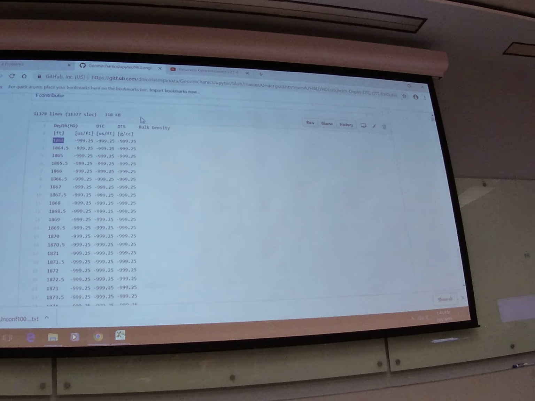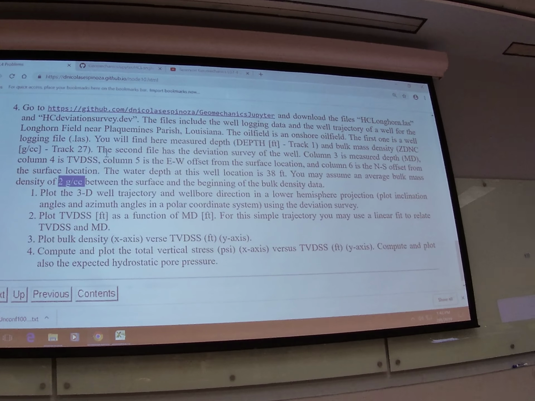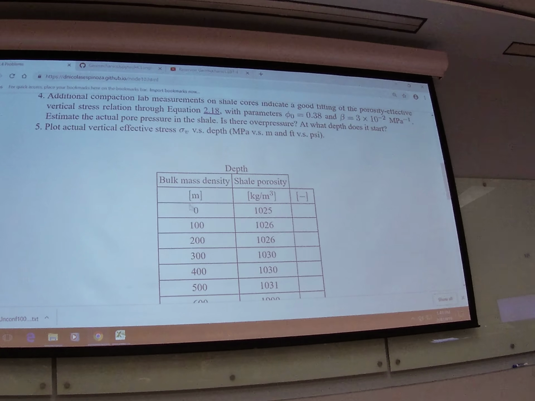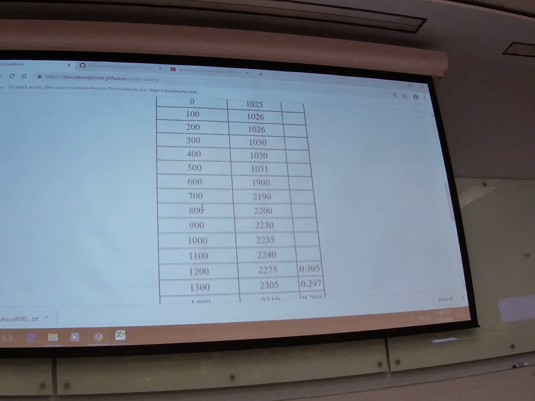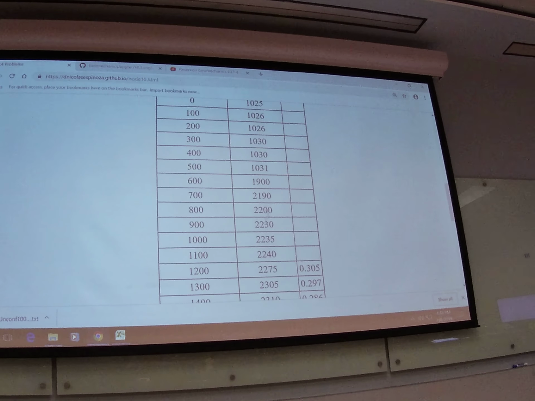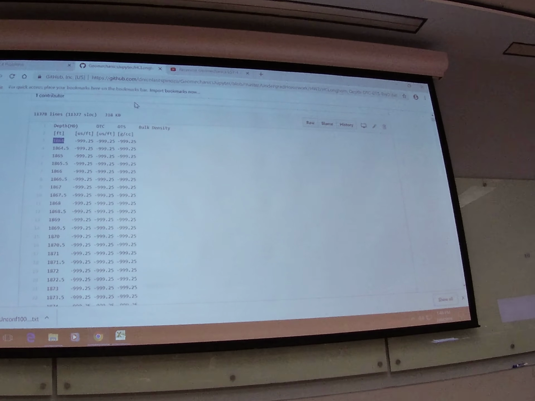And that's a reasonable assumption for that depth. Okay. Notice that here we have measured depth and we have bulk density. This one kind of looks similar to what we have here, right? Actually, this column is depth, this is density. But in this case, this one is true vertical depth, and this one is density. So the additional step that you have to do in this case is, once you open this in Excel, you need another column, which is going to be true vertical depth, okay? And you're going to get that one from